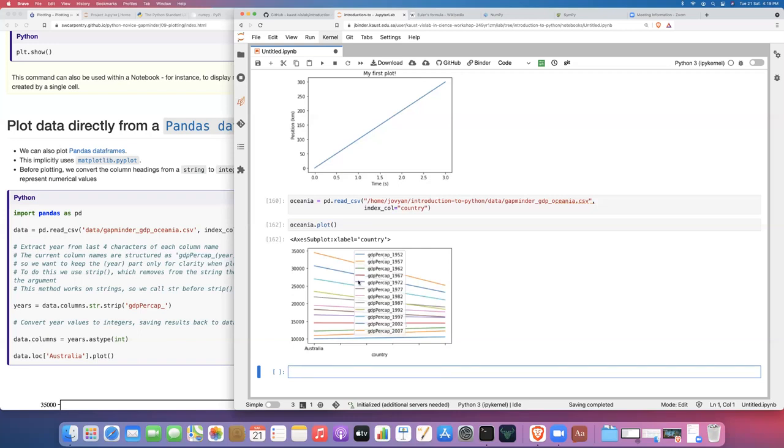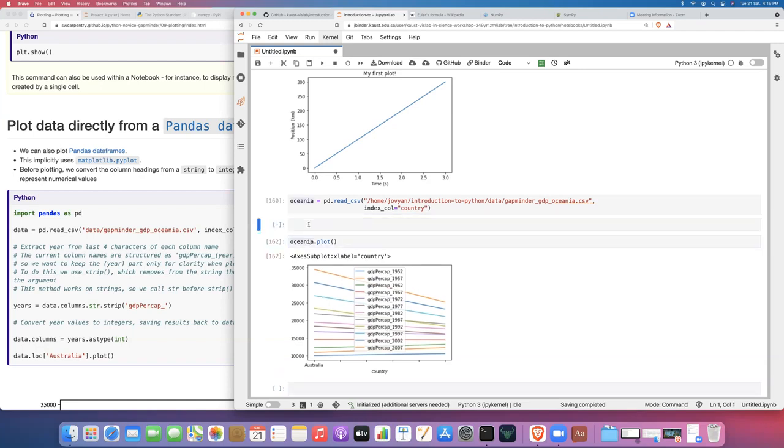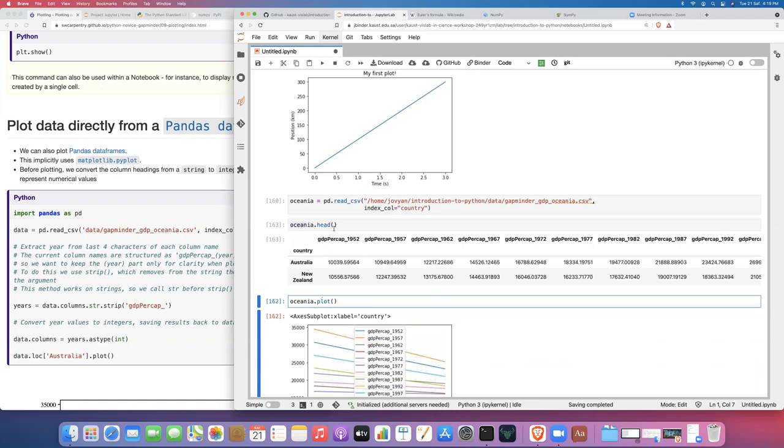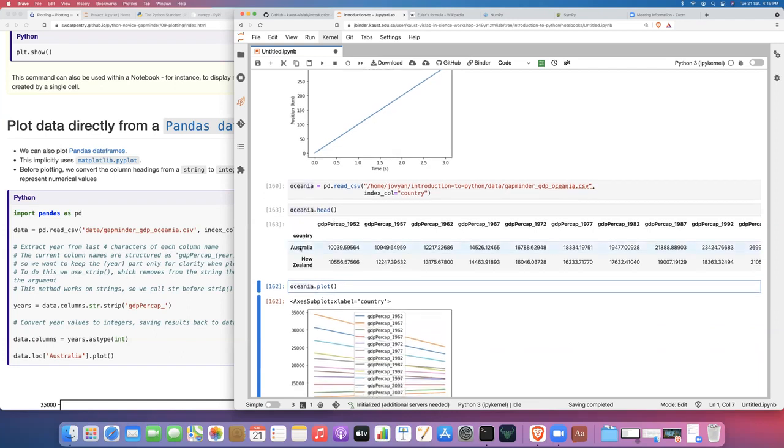Here we have our little legend that's mapping colors to individual columns, but that's not what we want, because remember, the data is organized where each country is what is indexing the data. So we have each row, and then all these columns. What we really want is to plot the GDP per capita over time for each country. But remember how I said you could swap rows and columns with transpose? So if we do transpose.plot,